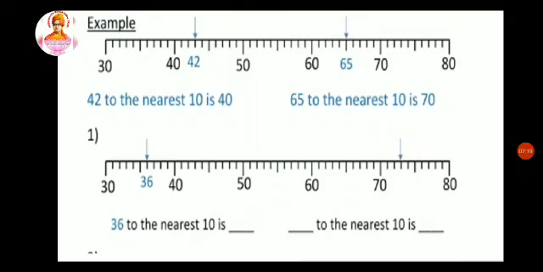So I am going to check the ones place value. It is 2, that is less than 5. So my value will turn to the left side value, that is 40. In the same way, if I want to round the number 65 to the nearest 10, 65 comes between 60 and 70. So I write 65 there. Then I check my ones place value, that is 5, equal to 5. I already told you if the value is equal to 5 or greater than 5, it changes to the right side value. So 65 turns into 70.